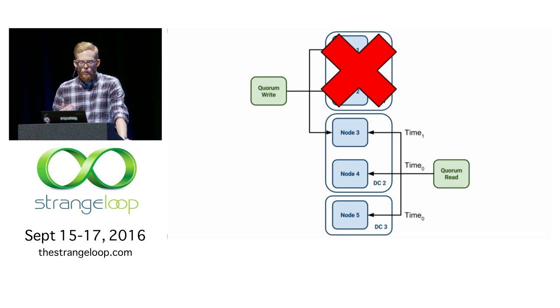So we're going to do a quorum read. That means that 3 nodes must respond. And we still have 3 nodes, which will respond in the remaining data centers. But nodes 4 and 5 have old values. So do we still get the new value? And the answer is yes,